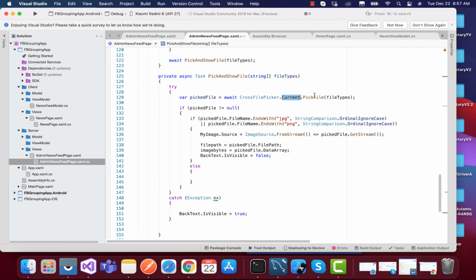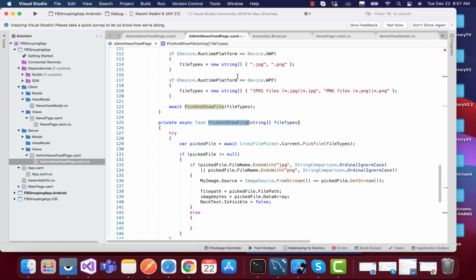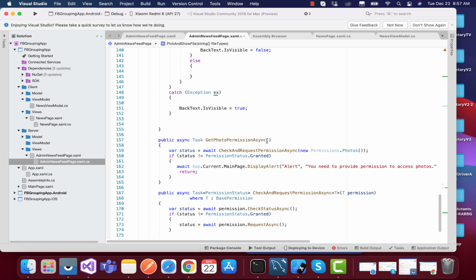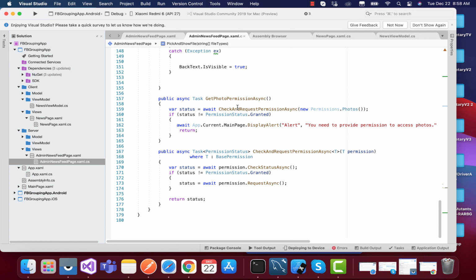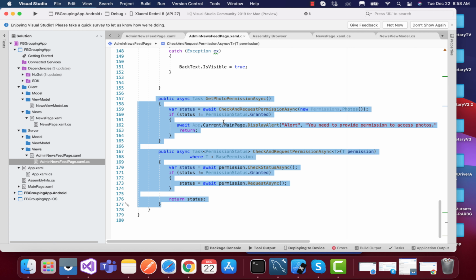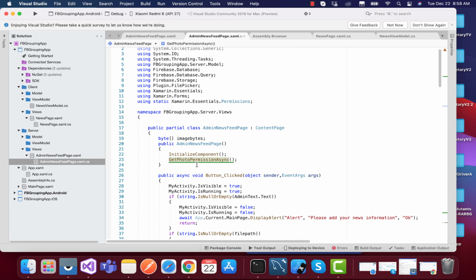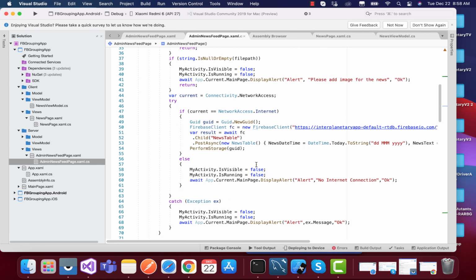So that's all done for our admin app, and you can see over here we have already used this Cross File Picker. Let me explain what's happening over here. This GetPhotoPermissionAsync is something like we need to get some permission before we can upload any image, audio or video. We can use photo permission access, which is inbuilt inside our Xamarin Essentials.